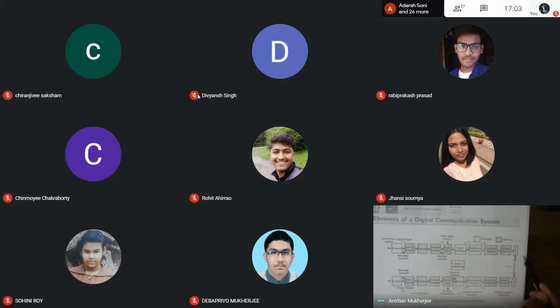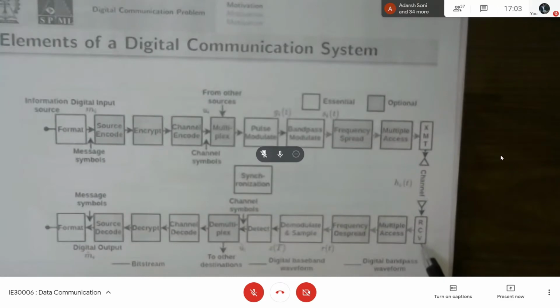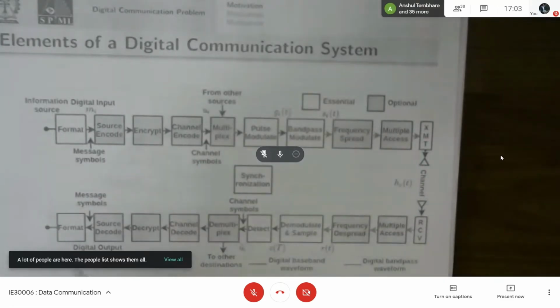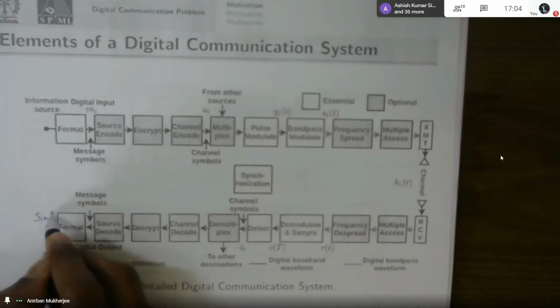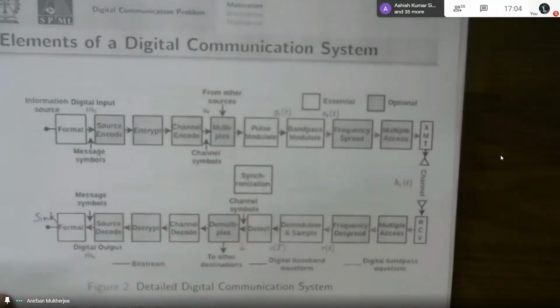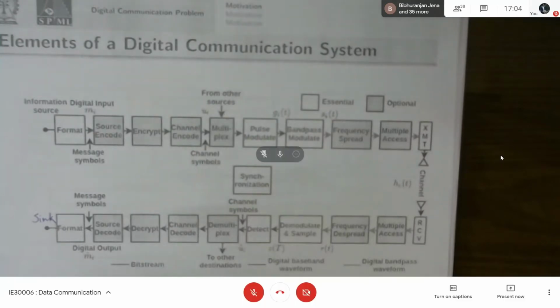XMT, that is the transmitter, and this one is the receiver, RCV. This one is the sync. Now this one is some sort of this format: source encode, encrypt, channel encode, multiplex, pulse modulate,